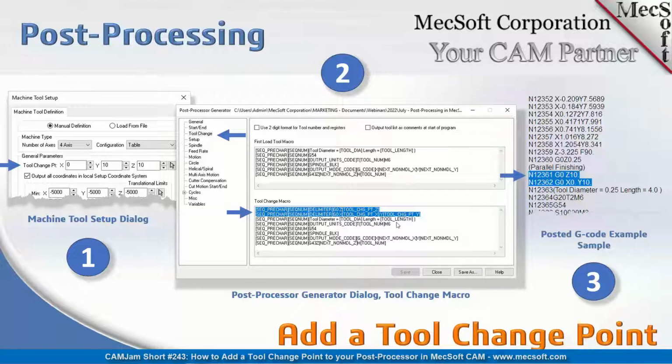And then once it's set up, every time you post an operation with this post, it will post out the tool change point here. Here you see a Z10 defined in the dialog, and then our X and Y. X is 0, Y is 10, and that will retract it up to 10 units in the Z, and then 0 in X and 10 in the Y. And that's where the tool will go when the program is either completed